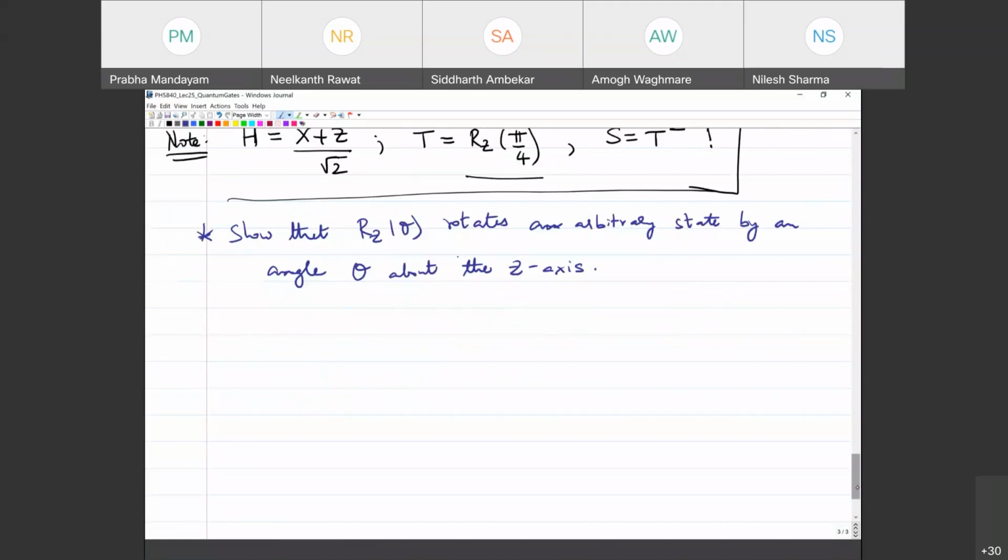This is simple; we're just going to verify the statement. So Rz of theta acting on some arbitrary state psi,